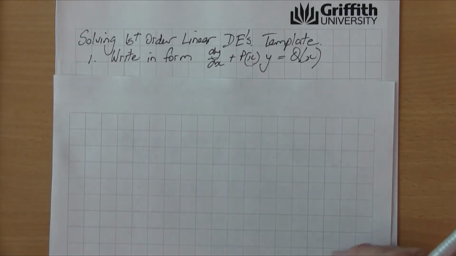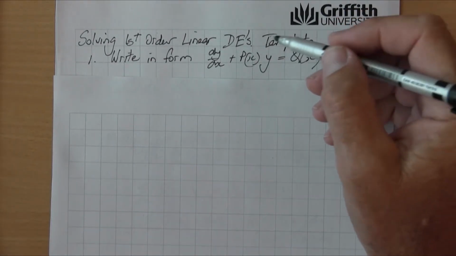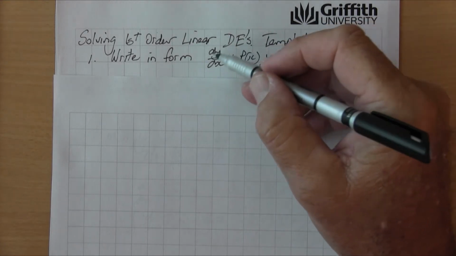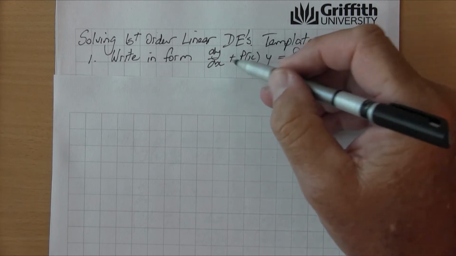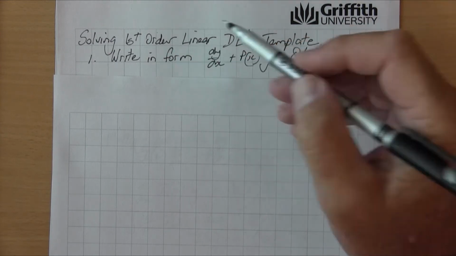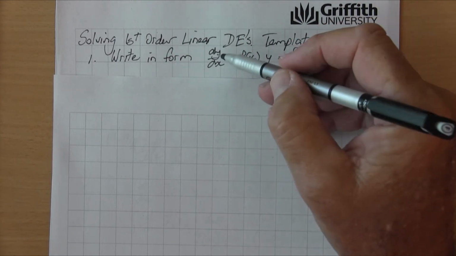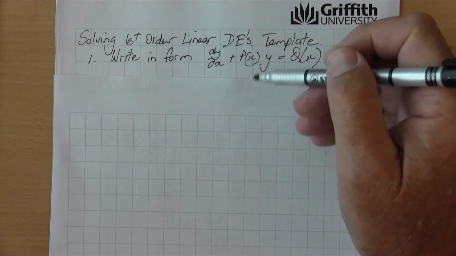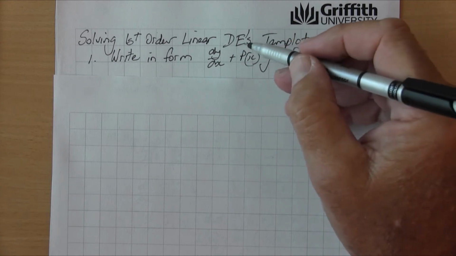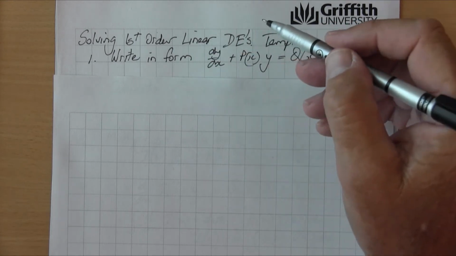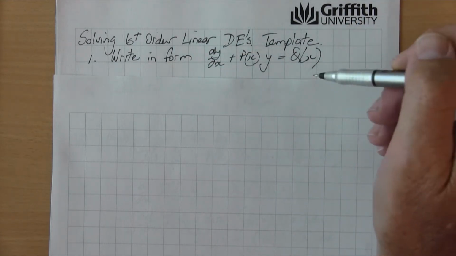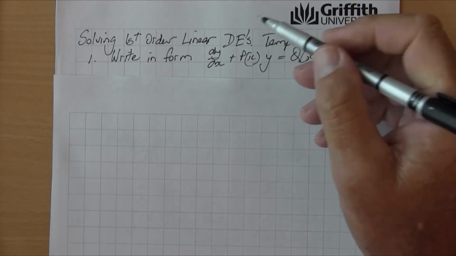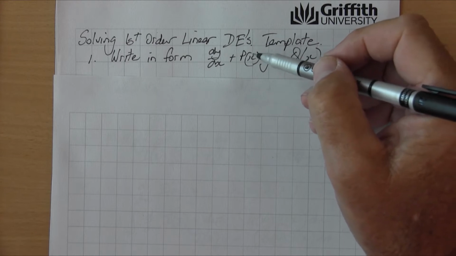Now I'm going to go through a template for solving first order. First order is when you've just got the first derivative. We don't have d2y dx2 here or d3y dx3, so it's first order. It's linear because dy dx is only raised to the power of 1. So it's a first order linear differential equation, and it is of the form dy dx plus some function of x